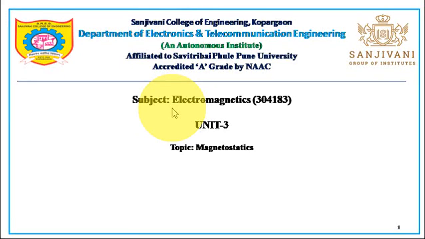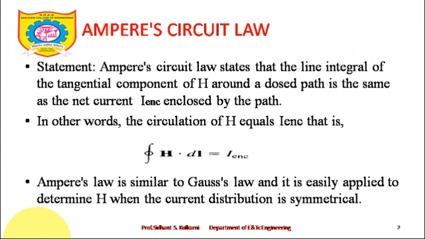Welcome back, students. In the previous lecture we started our discussion about Ampere circuit law. We have gone through the expression of the Ampere circuit law. We'll revise this in the next minute, and then we'll proceed. Ampere circuit law gives the expression that the closed line integral of magnetic field intensity over a line is equal to the current enclosed by that particular loop.